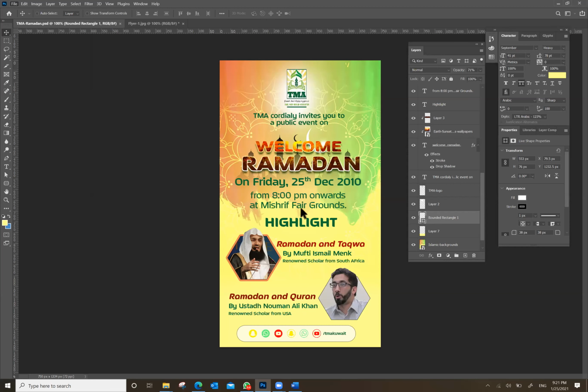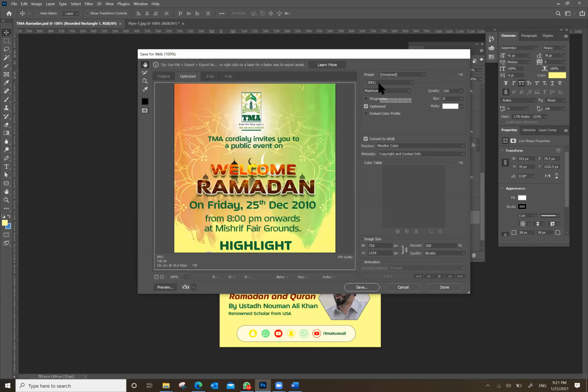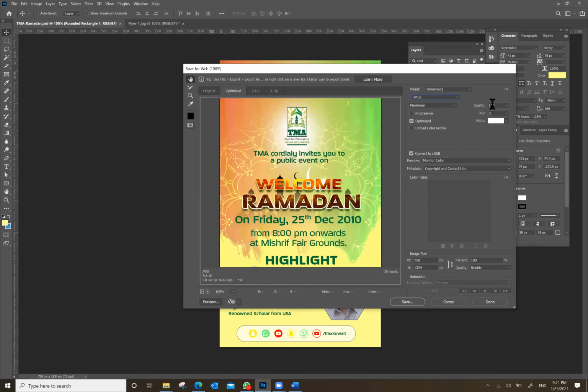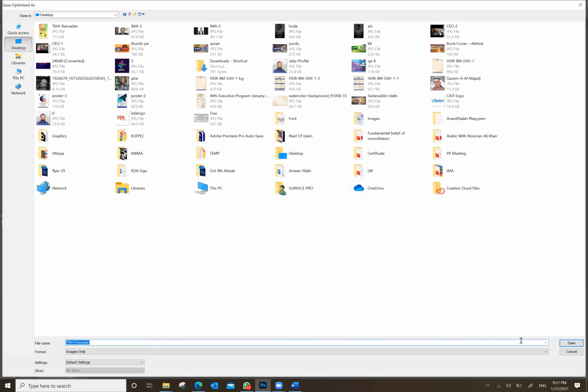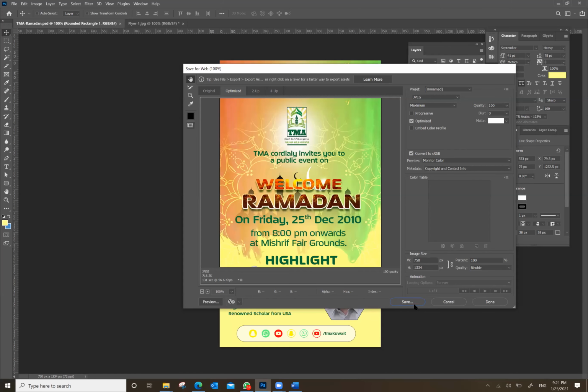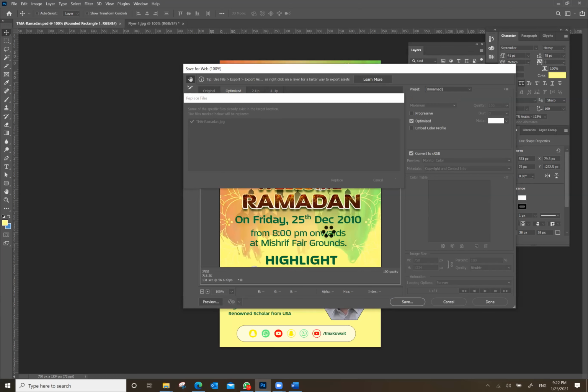Click on this. It will ask you what kind of file you want to save, whether it is JPG, GIF, PNG. For now, select JPG, and here you can play with the quality as well. What quality? 100% to save the file space. For now, I will not suggest you anything. Just make it 100%. Click Save button. It will ask you where you want to save. Select any folder you want. Press OK. That file will appear in your computer.